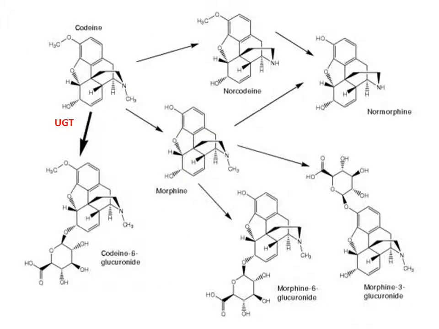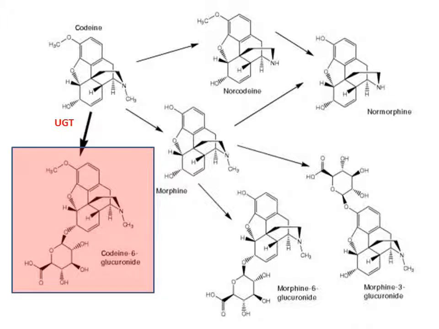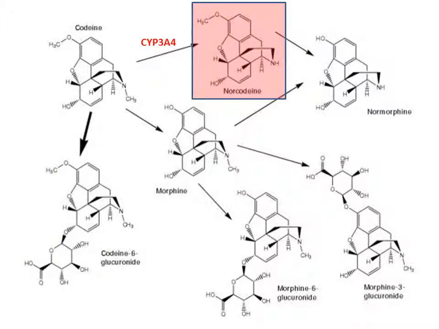In hepatocytes, codeine can be metabolized in a few different ways. Most of codeine, around 80%, is metabolized through conjugation by glucuronidation reactions. It is catalyzed by a glycosyltransferase, UGT, at the phenol group, and this makes codeine more polar. Another 10% of codeine is N-demethylated to norcodeine, and this is catalyzed by the enzyme cytochrome P450-3A4. A final 5% of codeine is biotransformed to morphine.